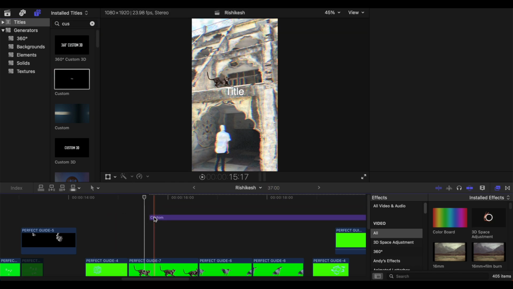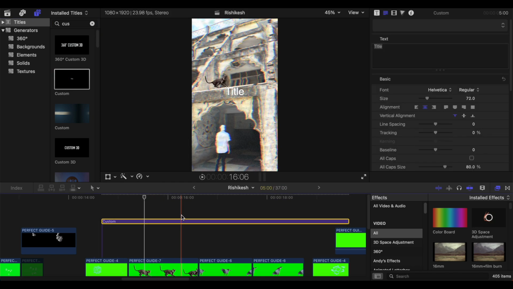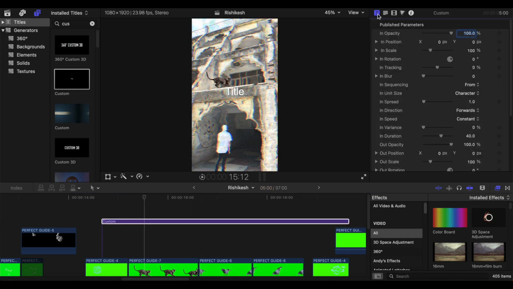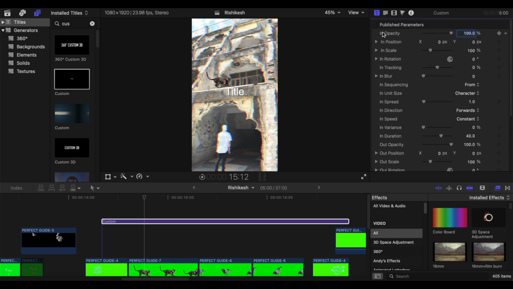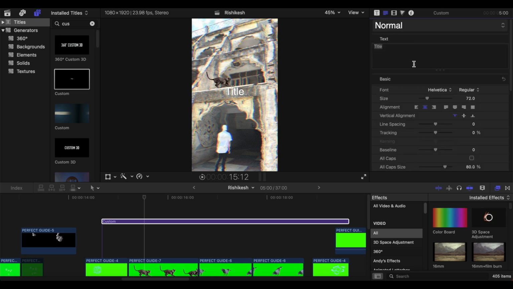It is not that fancy, but it has a lot of options which were not there with the Control T option. When we click on this option of T over here, you can see these options. Now let me show you how it makes a difference. Let me type text over here